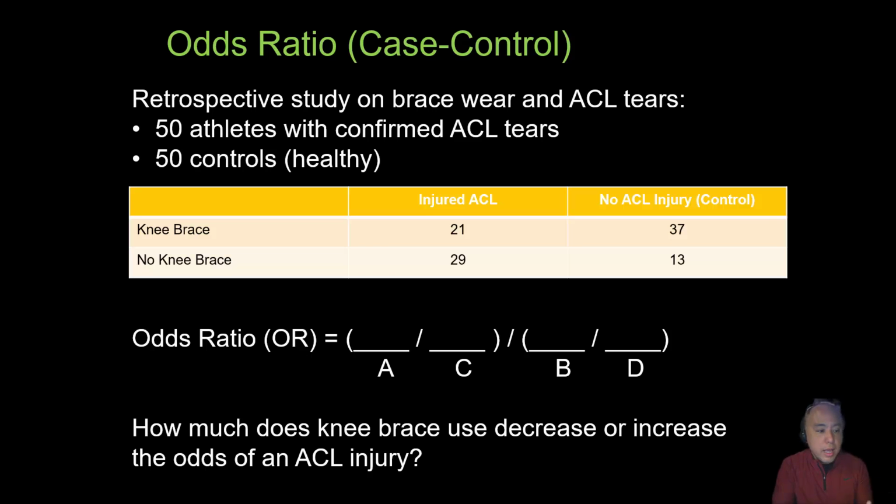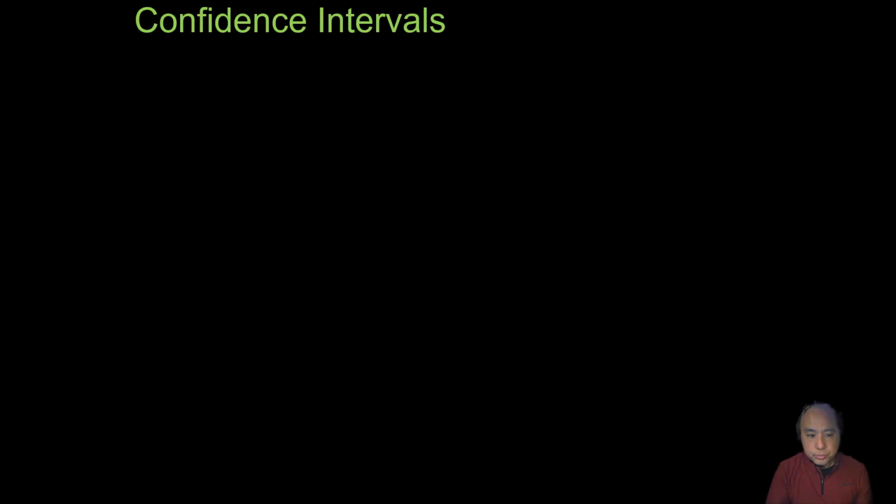You're saying that the odds that an injured athlete wore a brace is a quarter of that of a non-injured athlete wearing a brace. So in other words, if you were to wear a knee brace, the odds of you getting an ACL injury in practice or in a game is a quarter of that of someone who does not wear a knee brace, right? Makes sense. So now, the last two examples with relative risk and odds ratio, I just gave you one number,